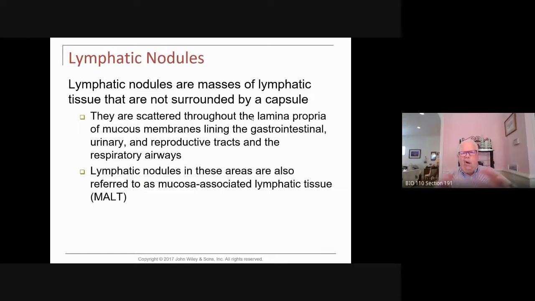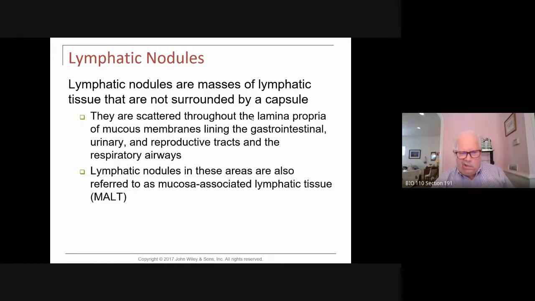Lymphatic nodules are all over your body. These are not lymph nodes. These are masses of lymphatic tissue that are not surrounded by a capsule. The lymph nodes are surrounded by capsules. These things are everywhere. They're basically in your gastrointestinal tract. They're in your urinary tract. They're in your reproductive tracts, and they're in your respiratory airways. The nodules that are in your GI tract have a name, and that name is MALT, M-A-L-T,